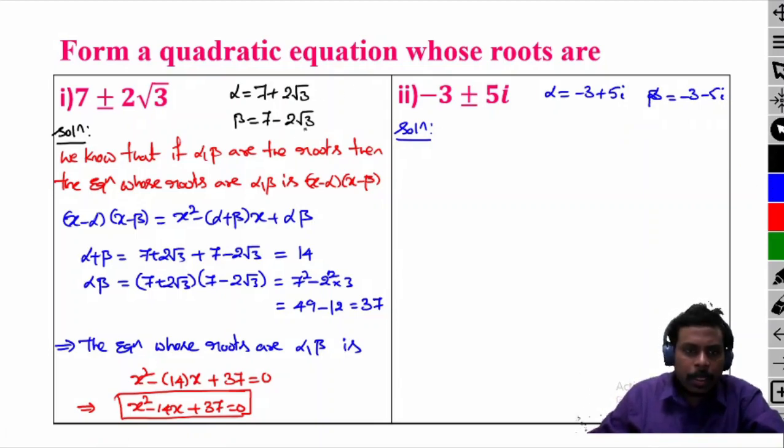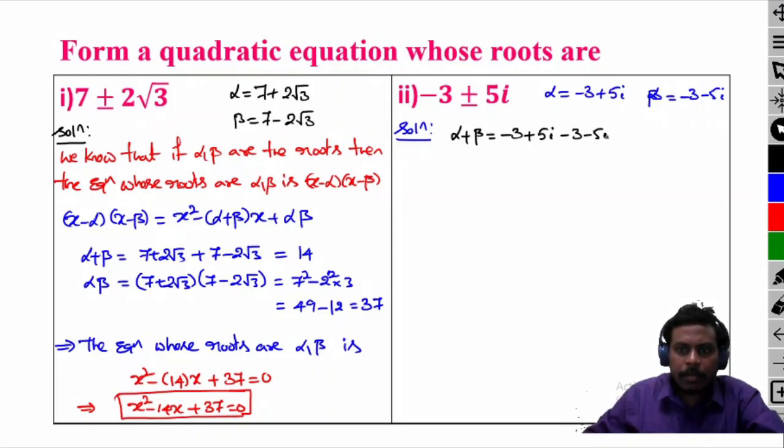Now we'll use this following point to find out the quadratic equation. Now for that we need these two quantities, namely alpha plus beta. Alpha plus beta is minus 3 plus 5i minus 3 minus 5i, that is equal to minus 6,